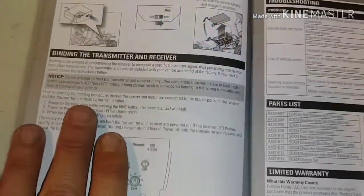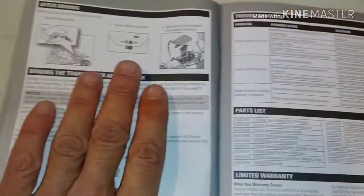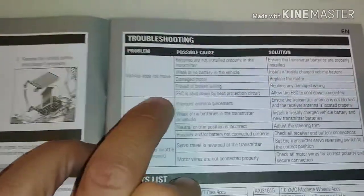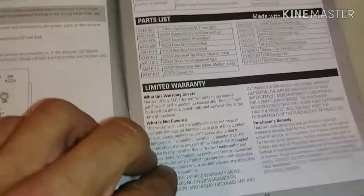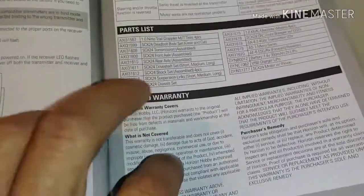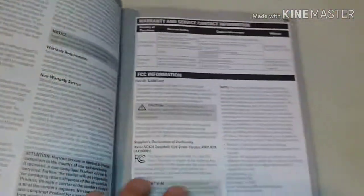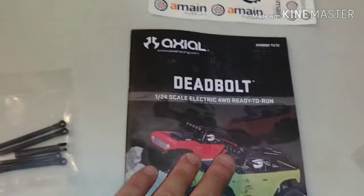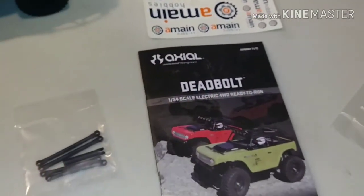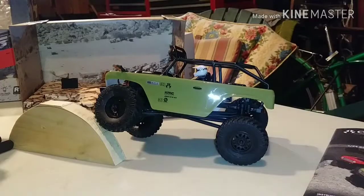So already bound up from the factory. If you need to rebind it, there are instructions in here on how to do that. We have some troubleshooting stuff in the manual as well, so good to know. Troubleshooting, parts list, limited warranty. And then we move on into the same stuff in different languages. So not much in the manual other than base description and doing maintenance on your vehicle after playing around in the water. Now that we're done with the boring stuff, let's get down to the nitty gritty and take a look